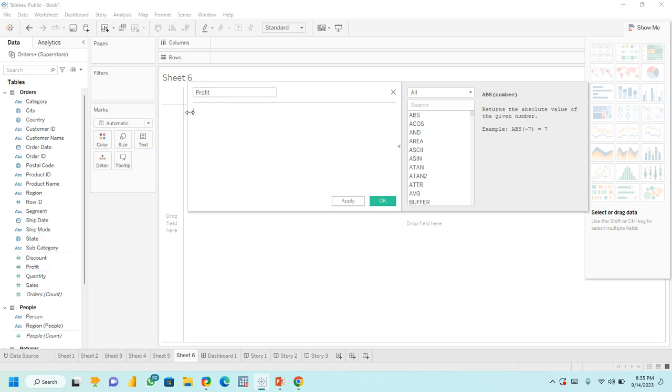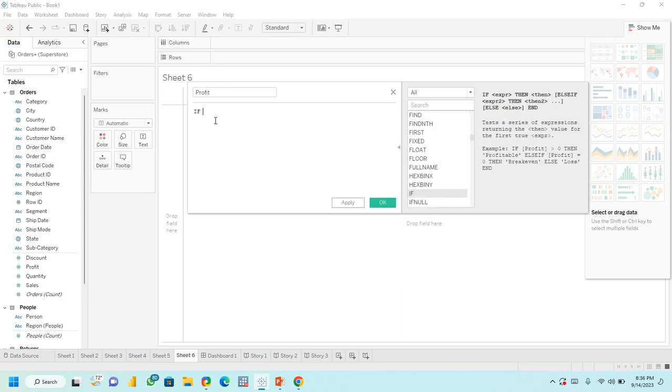Yeah, and then thereafter we're going to be using the functions available at this point. So I'm going to say if our profit is greater than 1, because anything greater than 1, that means it's a profit. Anything less than 1, under the profit category, that's a loss. So I'll say if. You should see a function. The function is the if with the f in front of it. Just click on that. So if